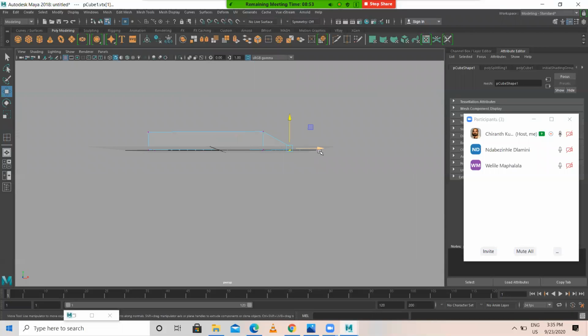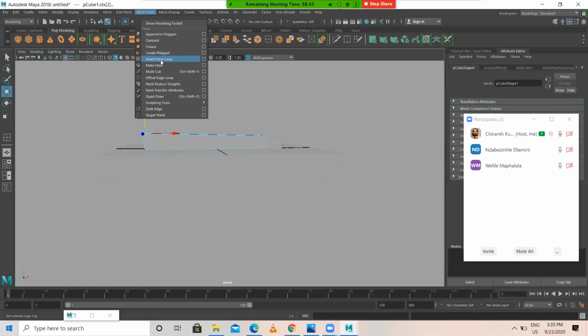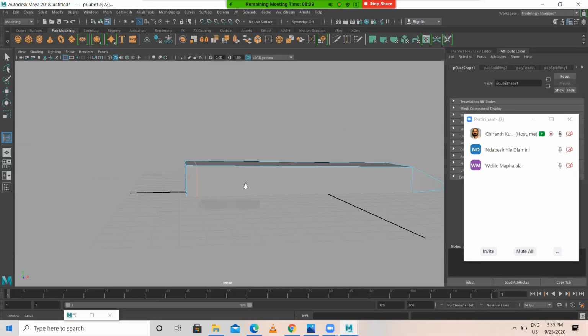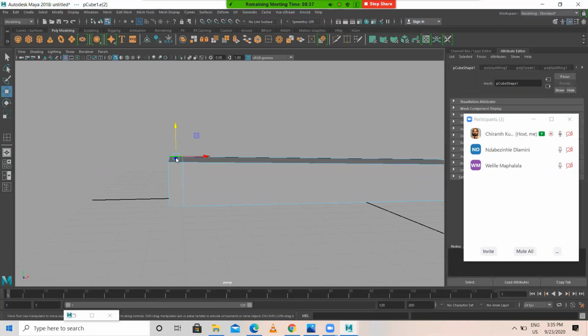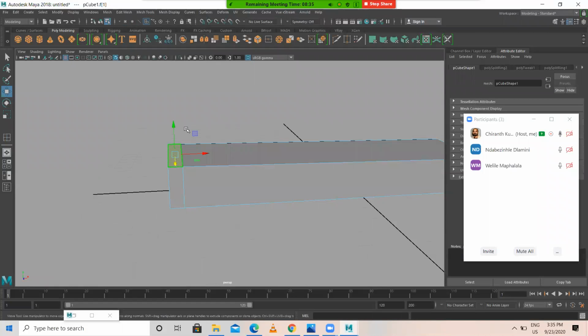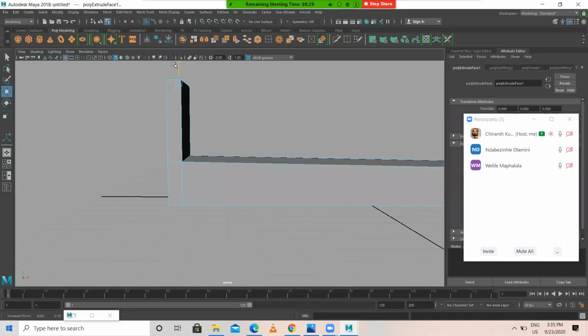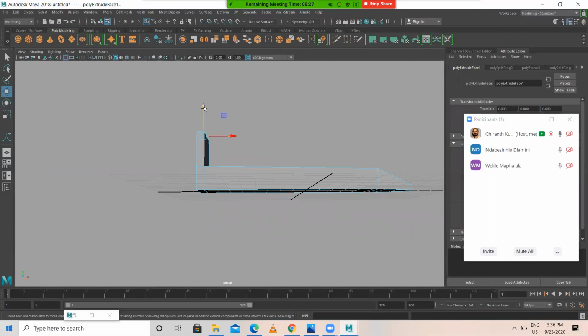Then after this, I'll come to mesh tool again. I'll insert another loop over here, edge loop. Then go to face mode, select this face. Again, edit mesh, extrude, lift it up a bit back.